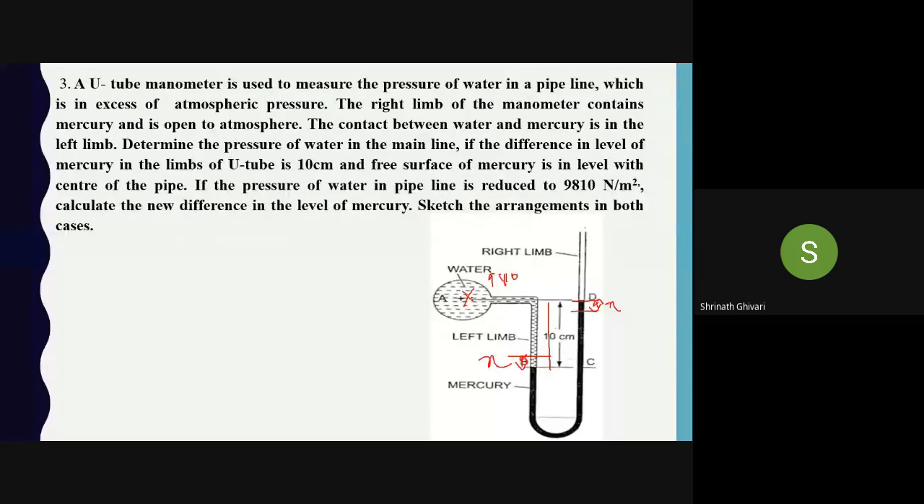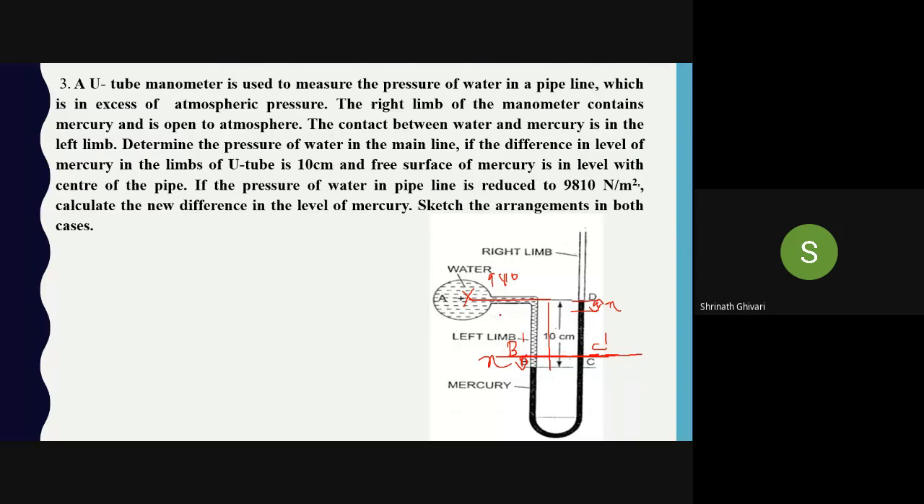So what will be the H1 now? What will be the new level? New level will be this one. B dash, C dash. New level will be this one. B dash and C dash, because the mercury is rising up by x centimeter and it has fallen by x centimeter here. Okay, now, if I consider this to be a new level of the mercury or the datum,